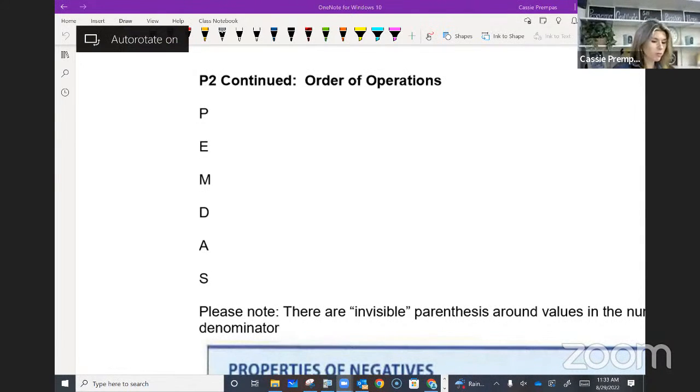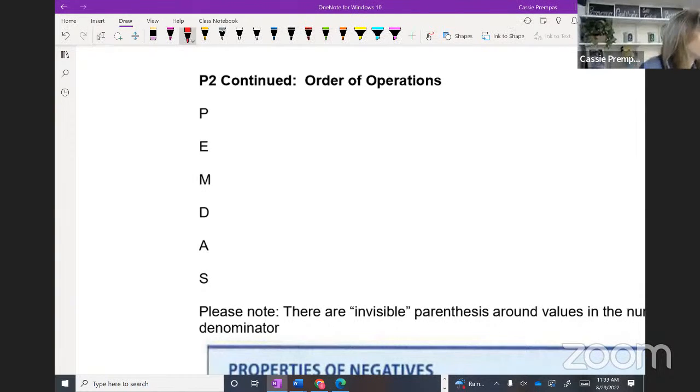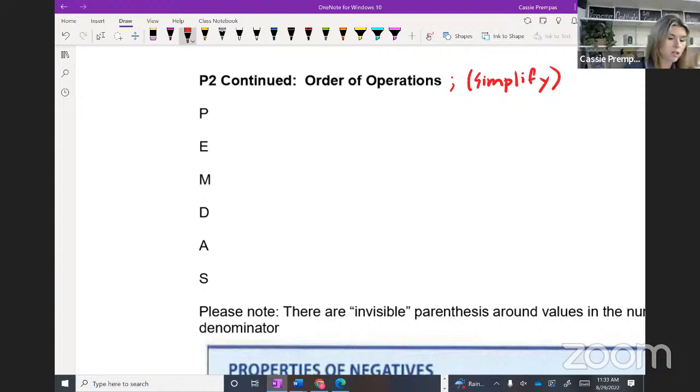All right, we warmed up order of operations. So let's make sure we know the symbols for them. Order of operations, and this is important when you see the word simplify. There are a lot of math words, especially in Algebra 2, and it's important to know what to do when that word comes up. This will say simplify, and that tells me I need to use the order of operations,